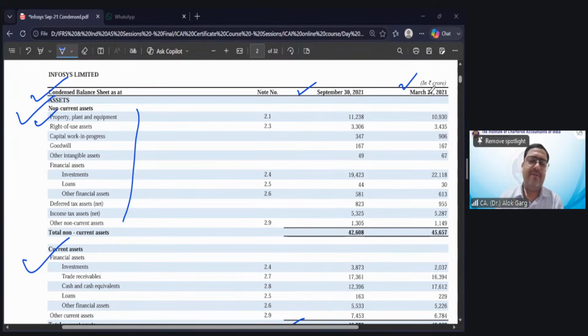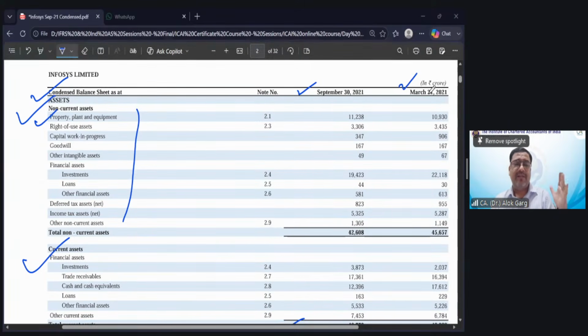Taking another example. Mr. Mukesh Ambani has a net worth of 5 lakh crore on 31st March 2026, assuming. What is the net worth? 5 lakh crore on 31st March 2026. Mr. Mukesh Ambani has earned 1 lakh crore for the quarter ended June. What is the closing net worth?